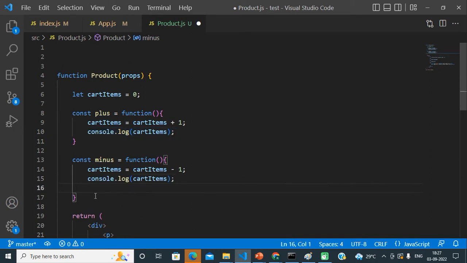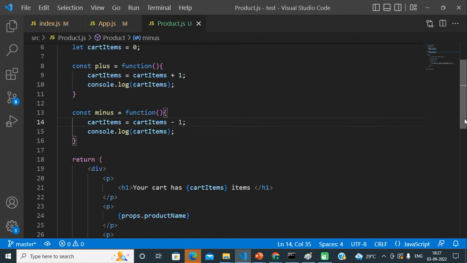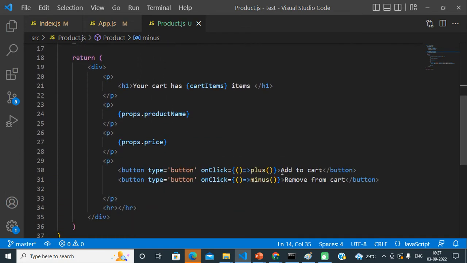See friends, I am not doing anything new. This is just the normal concept of event handling in React.js, similar to JavaScript. On those two buttons I have a similar onClick event. I am executing this arrow function on the click of the buttons, and after that I am executing these plus and minus functions.